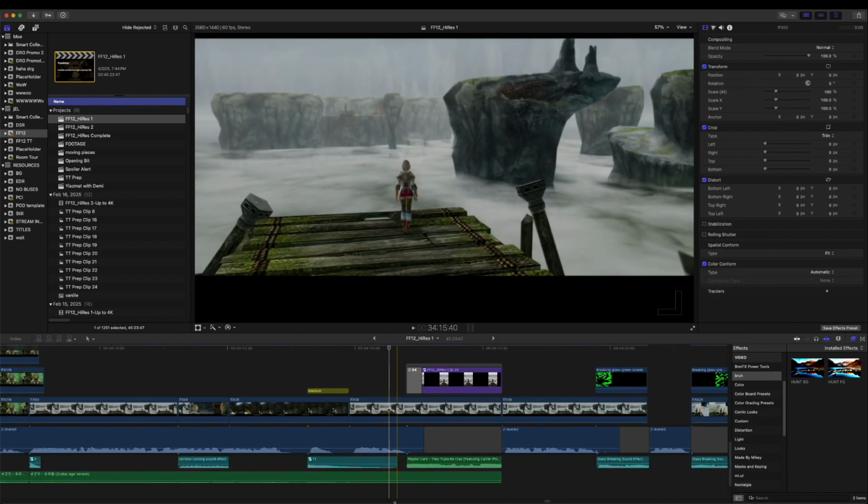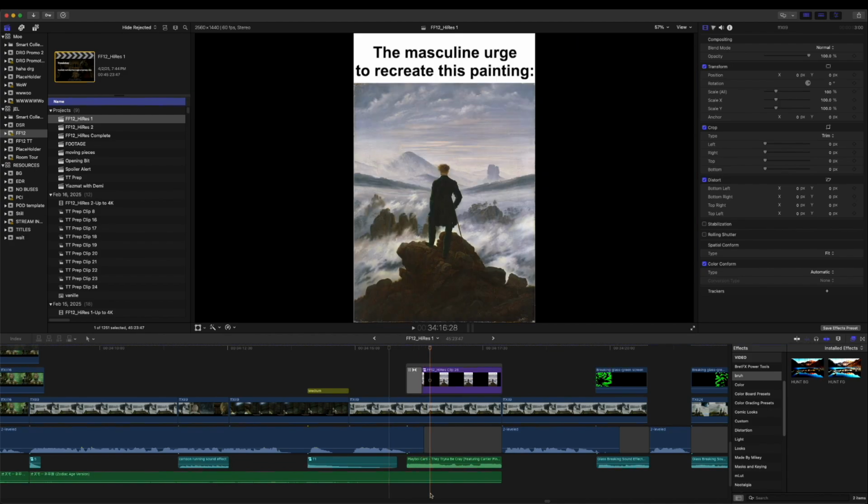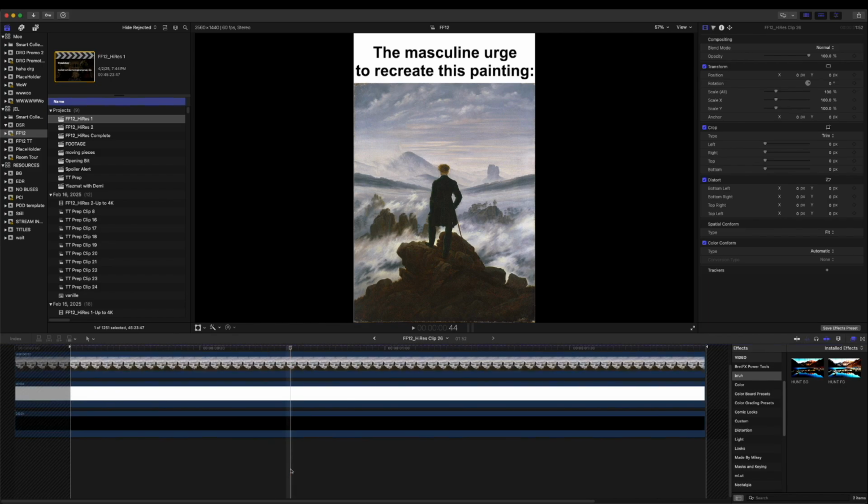But as for the actual funny part, we got this shot, and obviously this had to be inspired by the painting Wanderer Above a Sea of Fog. First of all, I love this painting, and I love all the paintings this guy makes. This guy just makes really good paintings. Second of all, we got